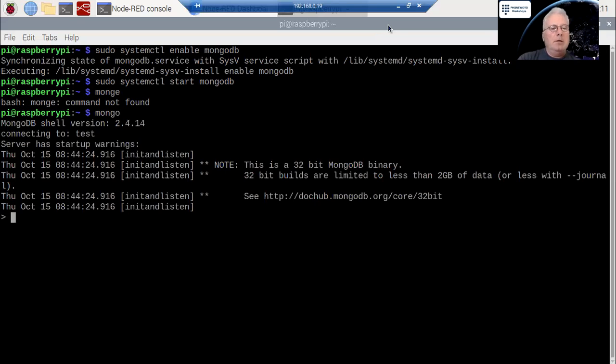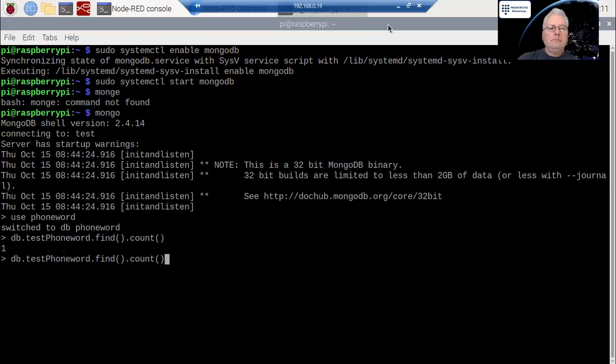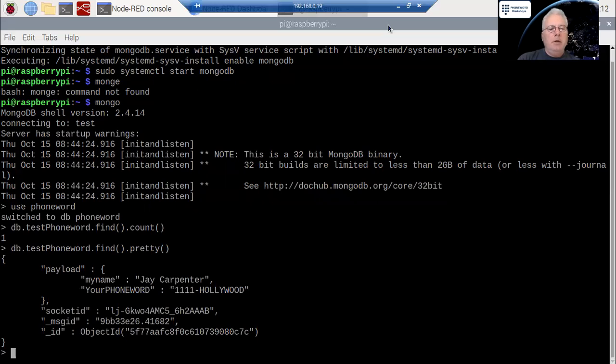And you can see now we've got an instance of MongoDB fired up, and we're going to use PHONEWORD as our instance. And if we go to count, you can see that we've got one record in this MongoDB instance or collection, and here is the actual record. And now if we go back to our